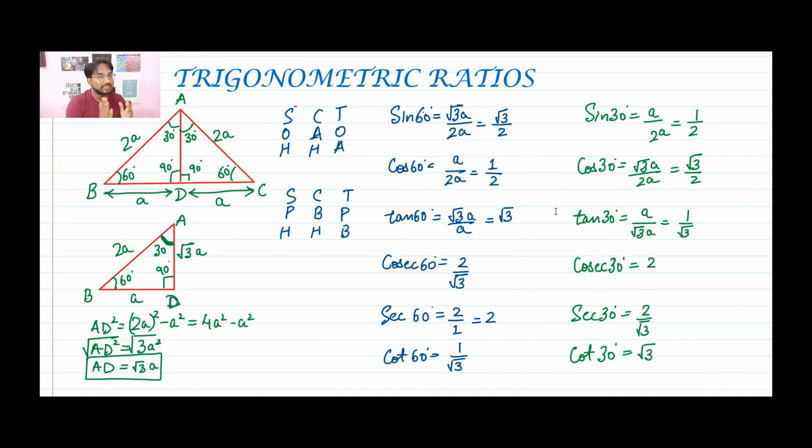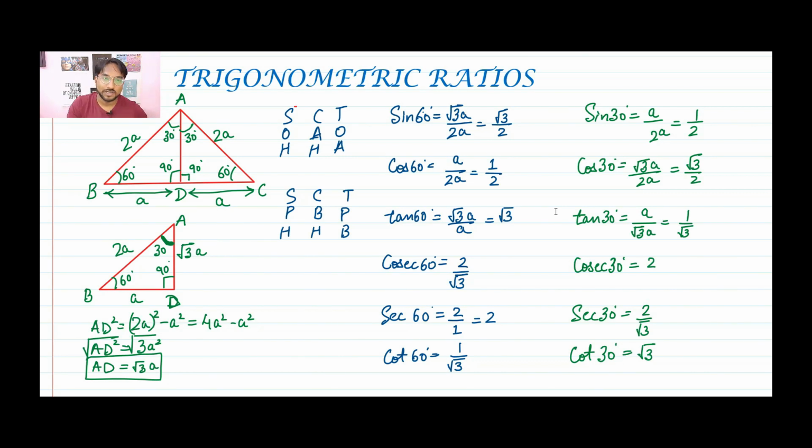So these are all the 6 values for two angles 60 and 30 degrees. So using this equilateral triangle, whenever you are in exam, you can just memorize. If you are not able to memorize that complete set of tables, you can use this triangle. Remember that there was an equilateral triangle, it was divided into 2 halves, and then this angle was 60, this was 30, and hypotenuse we took as 2A and the adjacent was A. Then we found out the opposite. So this may take a bit of time, but if you are not remembering, at least you can find out. So this is how we find out the values for 30 and 60 degrees.